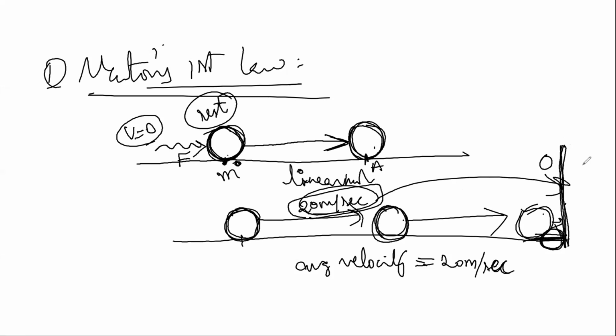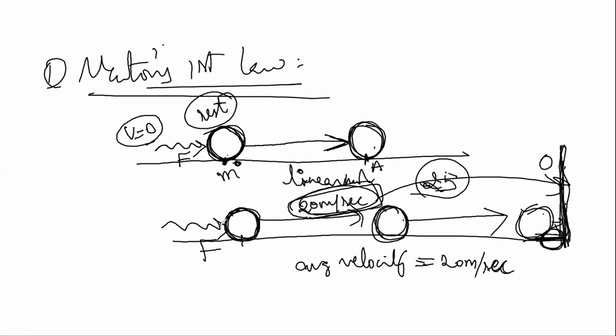Because I have stopped it, that means I have applied some external force using this ball. Or else the other thing you can do: you can apply force as you have done before, F, an external force, in linear motion. Then this body accelerates, that means the velocity will become more. Velocity changes from 20 to, say, 25 now. That means the velocity got changed.